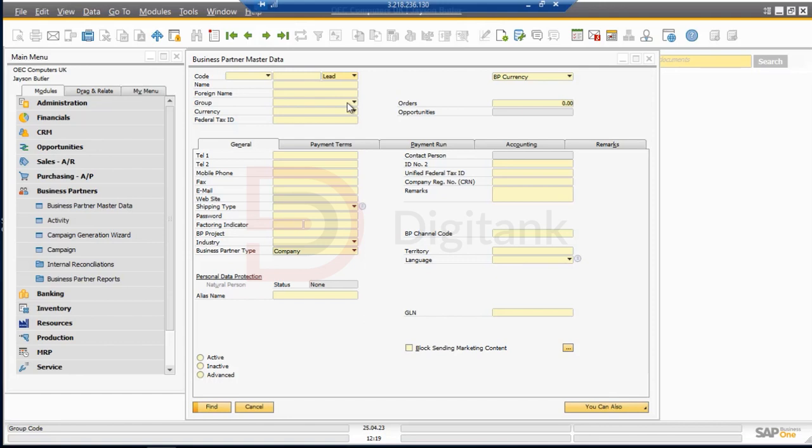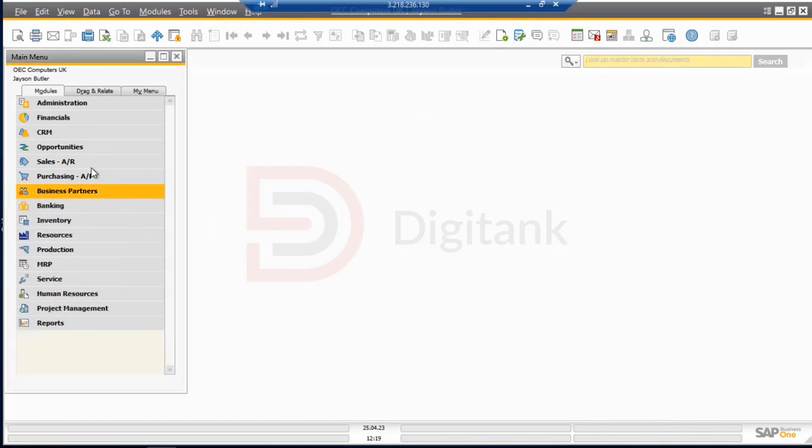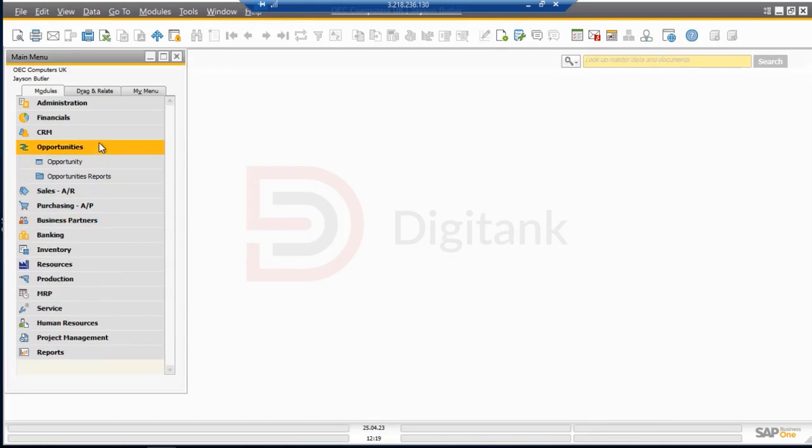So in the lead over here, we can capture almost like fresh new information with respect to this business partner, because we do not have any information about the business partner in the system. So in cases where we want to capture information for this business partner, we click on this, and then we click on the lead, and then we put in or capture the whole information anew. So you can close this, you can close this, and then we click on these other modules over here known